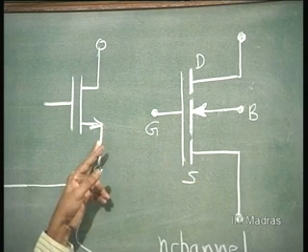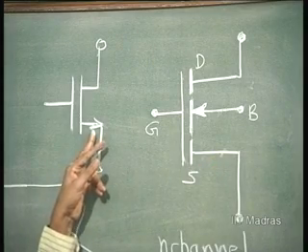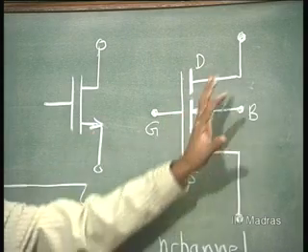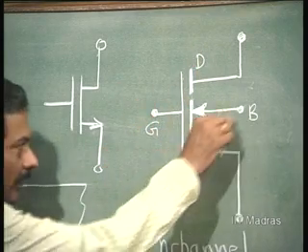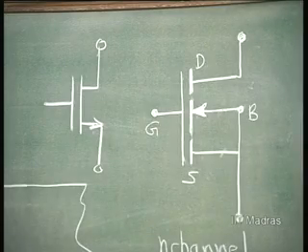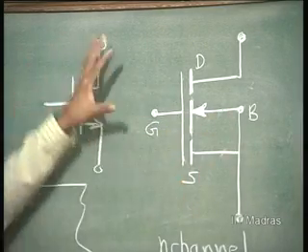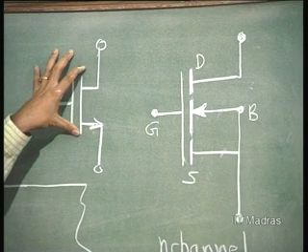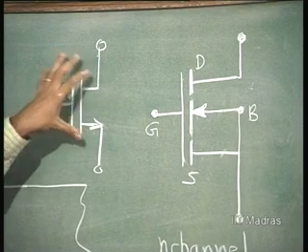So, this is the source end. So, indicate the current direction at the source end. All this business about substrate is forgotten there. It is assumed that the substrate is connected to the source, and you are shorting this. So, with the resultant effect, this is the simplified symbol for a MOSFET which is now universally adopted.